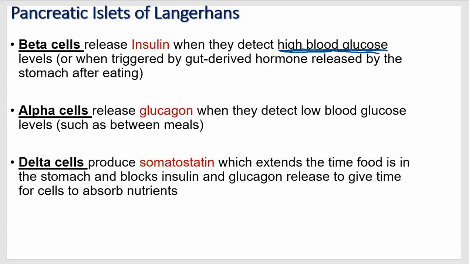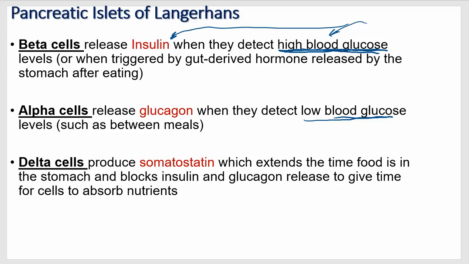But the main thing that we care about, well, we care about all of them, but the main thing that actually causes this is the interaction between blood glucose and the release of insulin. So that's, I guess, the primary control mechanism for releasing insulin: just high blood glucose. All right, so alpha cells release glucagon when they detect low blood glucose, such as between meals, and then